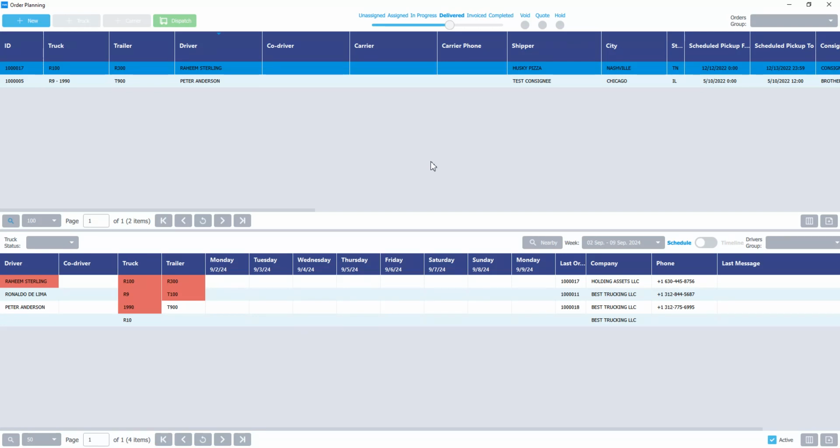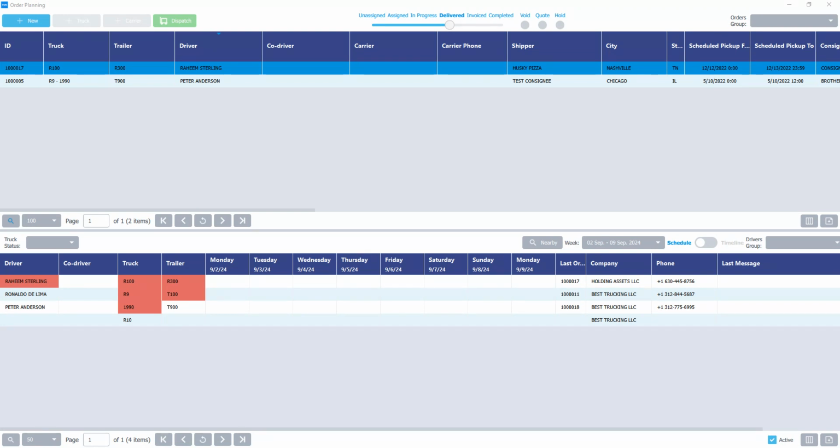In this video, we are going to go over the latest feature updates for our most recent TMS release. We're going to start out with an AI rate confirmation parser that we have added to save you time on data entry. And the way that it is going to work is you are going to have the ability to